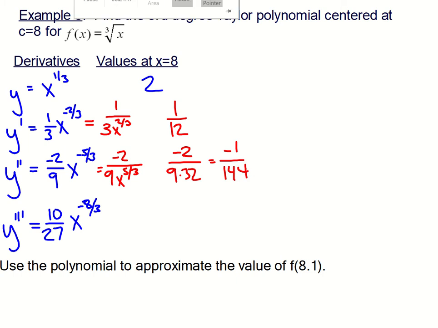For the third derivative, again, you can feel free to rewrite this as 10 over 27 times x to the 8/3 power, and then go ahead and substitute in that we're looking at 8, so the cube root of 8 is 2. 2 to the 8th power is 256 times 27, and then so we would get 10 over 6,912, which is going to reduce to